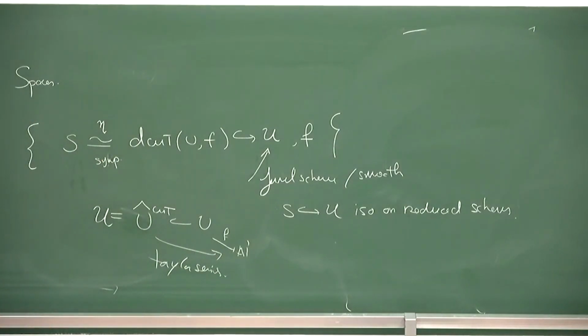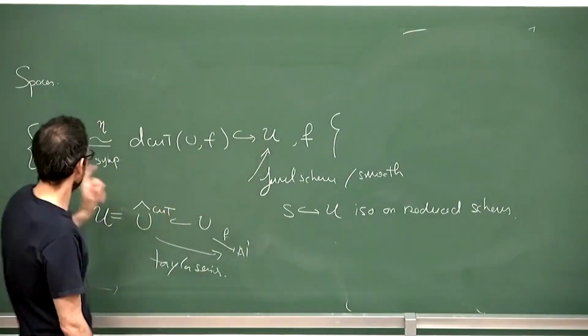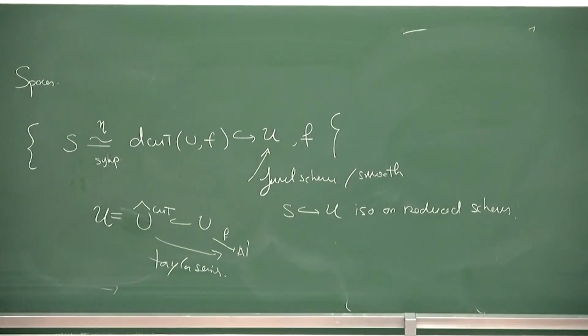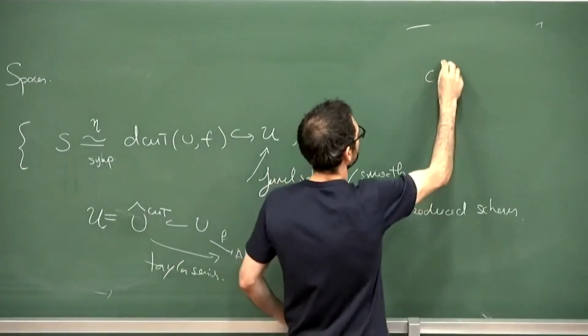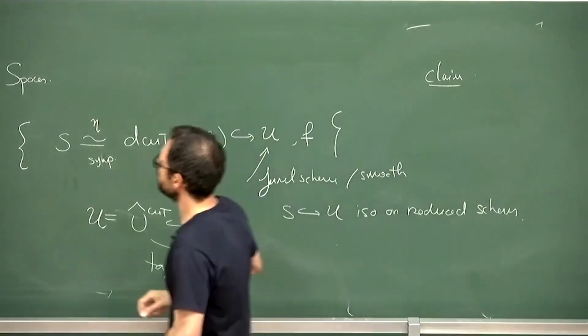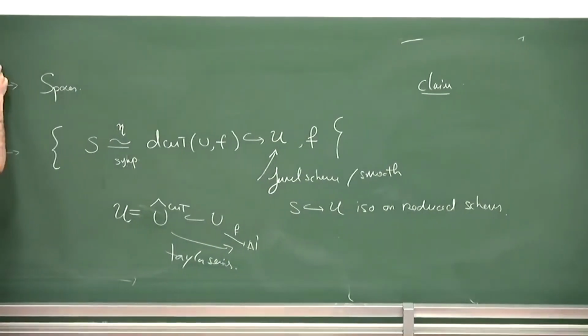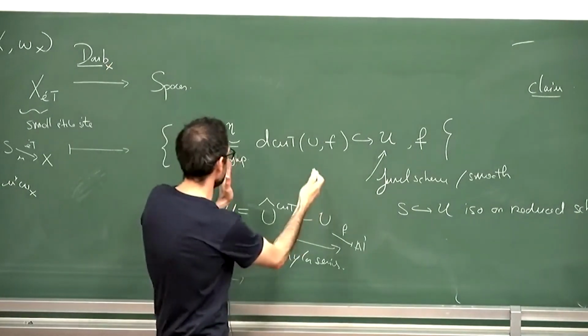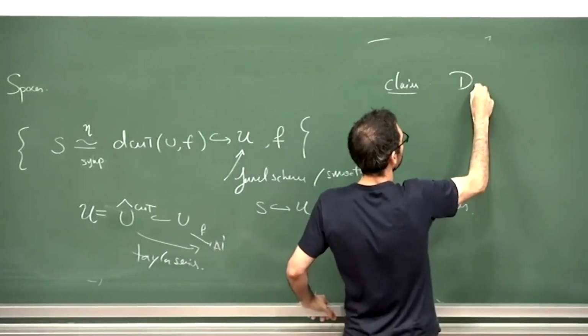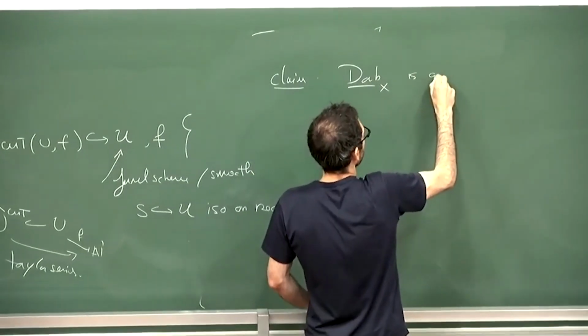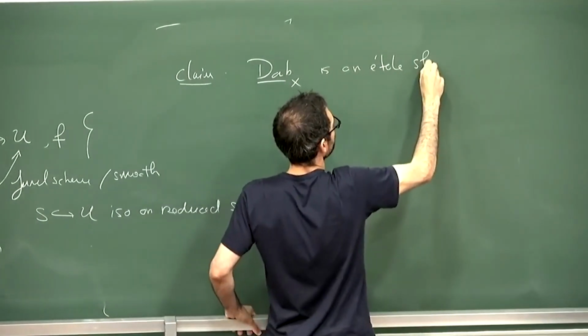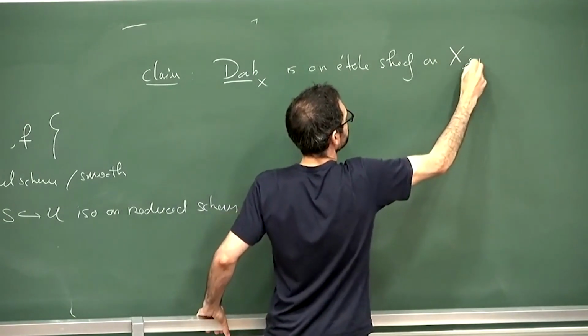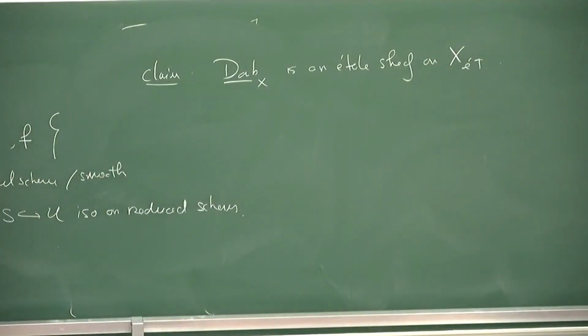Okay? So the moment I replace algebraic by formal, this thing becomes a pre-sheaf, and I claim this construction defines a sheaf on the small étale site. Let's give it a name. I will call it Darboux of X, because these are Darboux local models. So claim: Darboux of X is an étale sheaf on X. So this gives me a moduli space for local parameterizations of my scheme as the derived critical locus.